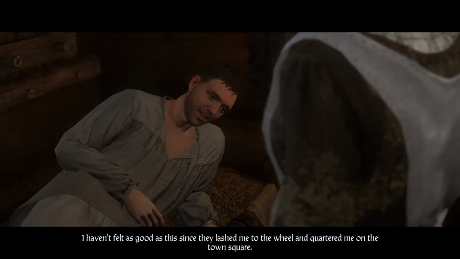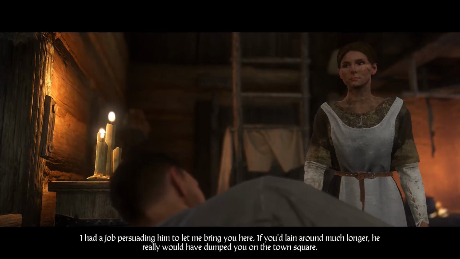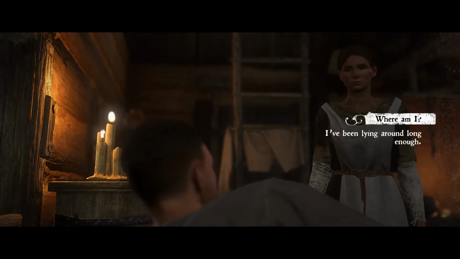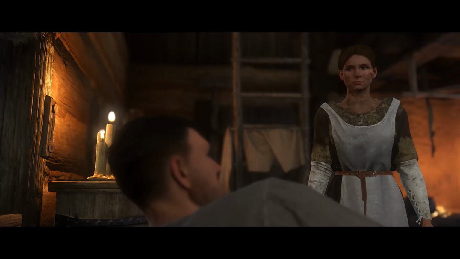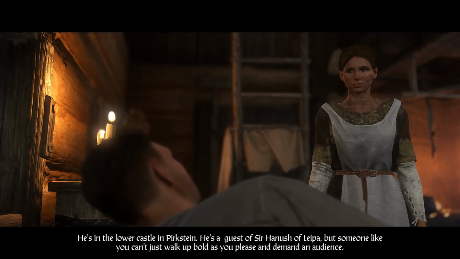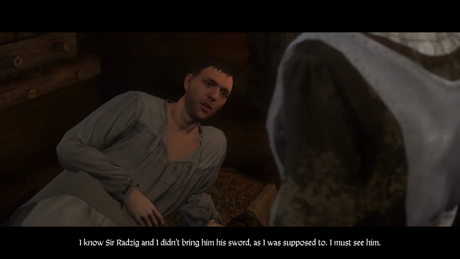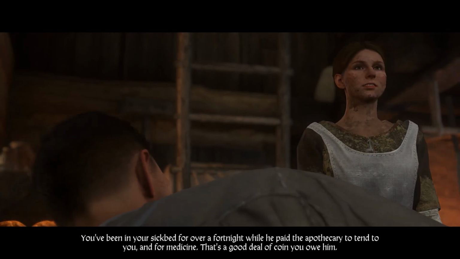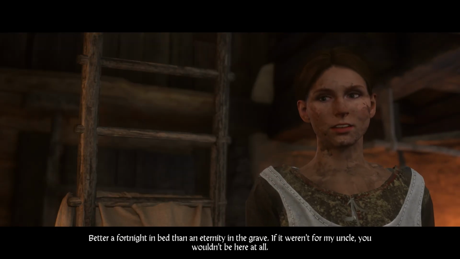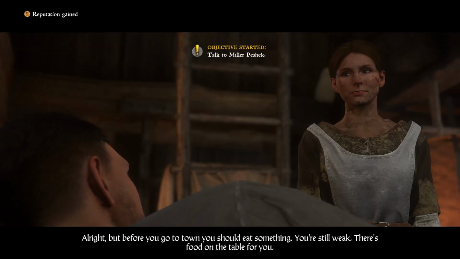How's the invalid today? Ugh, haven't felt as good as this since they lashed me to the wheel and quartered me on the town square. Your sense of... I had a job persuading him to let me bring you here. If you'd lain around much longer, he really... You can stay until you find somewhere else to live. All right. But my uncle will want payment. And this is your uncle? We're in Rattay Mill. I've been lying. Uncle will be pleased he's one man well enough to do what has to be done. He's in the lower castle in Perkstein. He's a guest of Sir Hanush of Leipa. But someone like you can't just walk up... I know Sir Radzik, and I didn't bring him his sword as I was supposed to. If you insist. But you've been in your sickbed for over a fortnight while he paid the apothecary to tend to you. I've been lying here two weeks. Wow. A fortnight in bed than an eternity in the grave. I owe you both my life. And I'll repay... All right. But before you go...